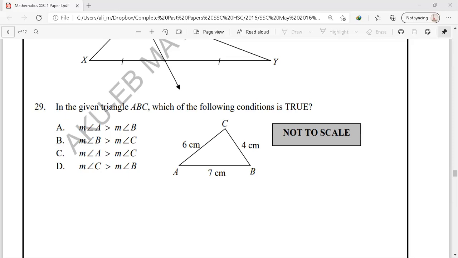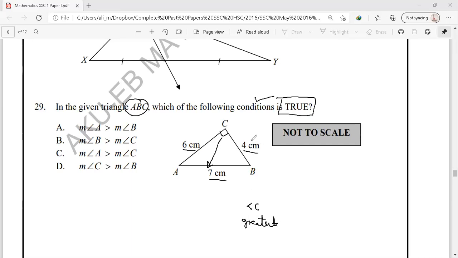Let's see question number 29. In this question, we have a triangle ABC, and we have to identify which condition is true. In this triangle, we have three sides, 6 centimeter, 4 centimeter, and 7 centimeters. According to the theorem of the triangle, the angle opposite to the greatest side is the greatest angle. As we can see, angle C is opposite to the greatest side, it means angle C would be greatest,